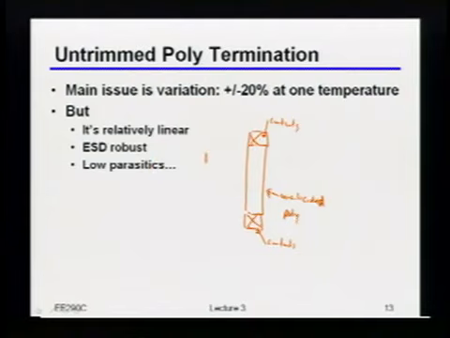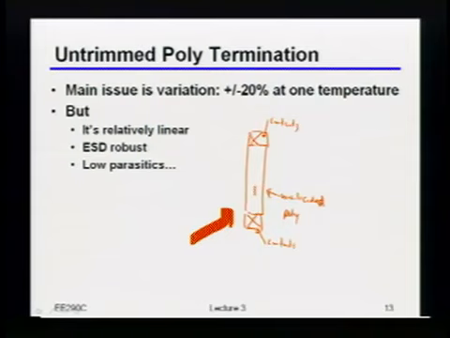Okay, so kind of the long story short of the poly resistor is that it's really simple, which is nice. It's pretty linear, which is good, especially if you're going to be dealing with really big transmit or receive signals. It turns out it's also very ESD robust because, hey, it's just a resistor. In fact, sometimes you even want resistors to just limit the amount of current that you'd flow in an ESD event. And the other thing, which turns out to be very critical in some applications, is that I really don't have very many parasitics from this resistor,